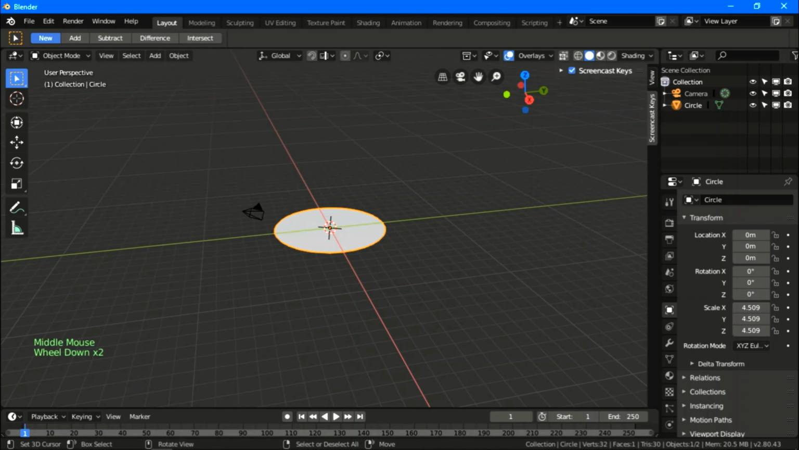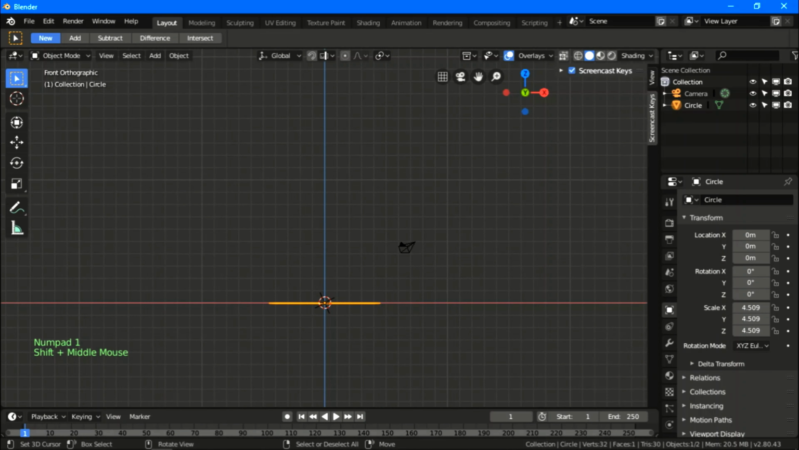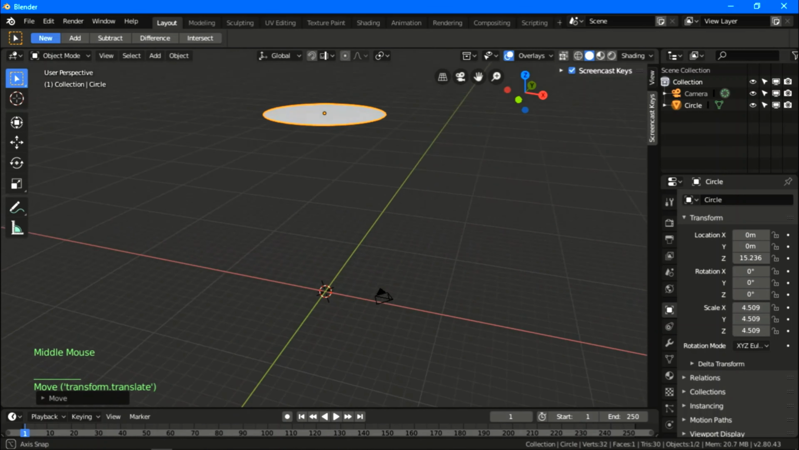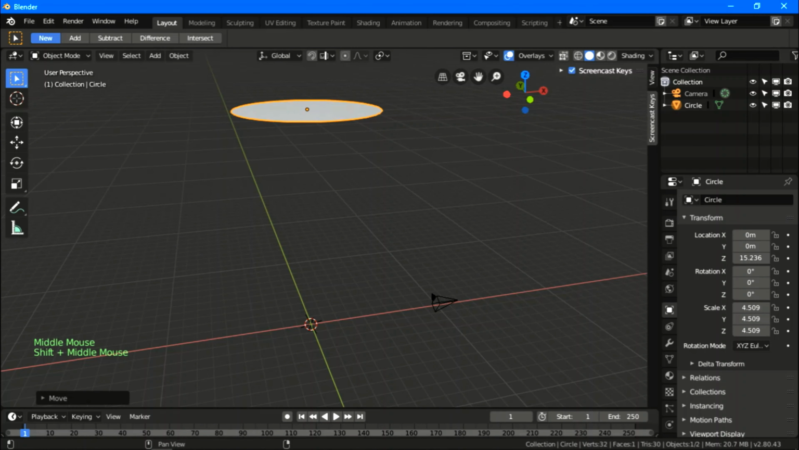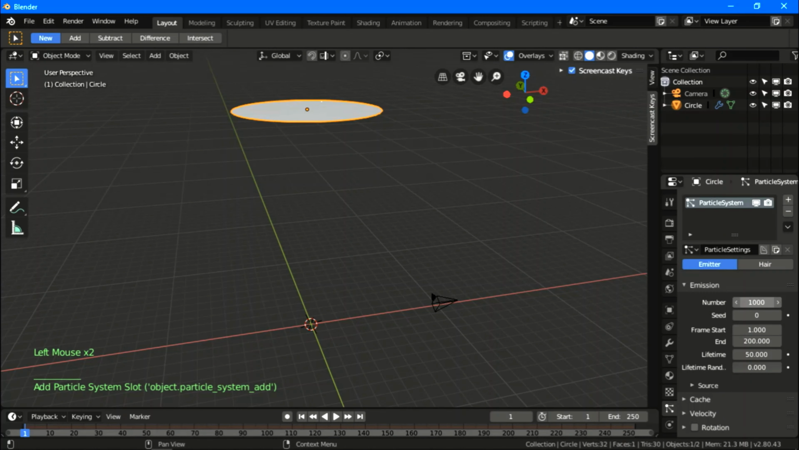Now just grab this on Z axis, so press G then Z, grab it on Z axis to a height you like. This is quite enough. Now we are going to set the particle system for this. So you can find the particle system here and then click plus. I want to set the number to 10,000